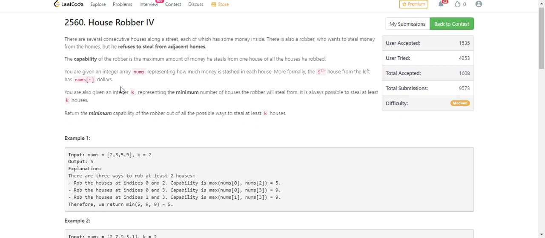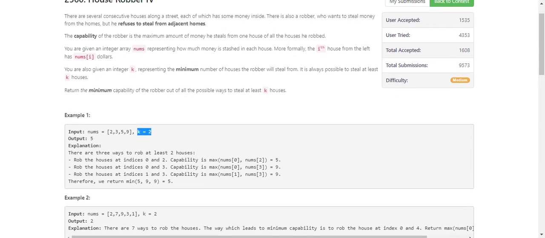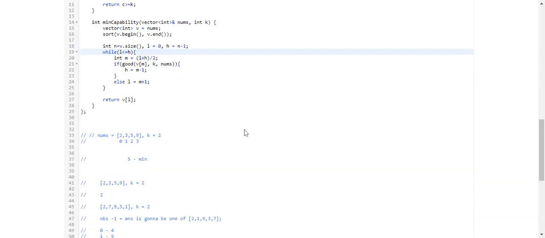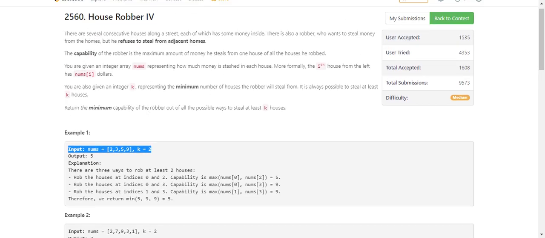So this is the thing, and the nums array contains the money present in each house. K is the number of houses that the robber wants to rob. So let's take these two cases. The first case is simpler because it's already sorted. First of all, let's directly state that whenever you want a minimum of a maximum,